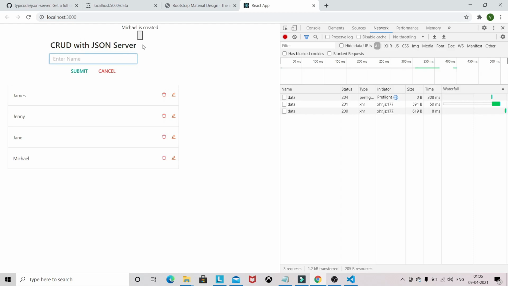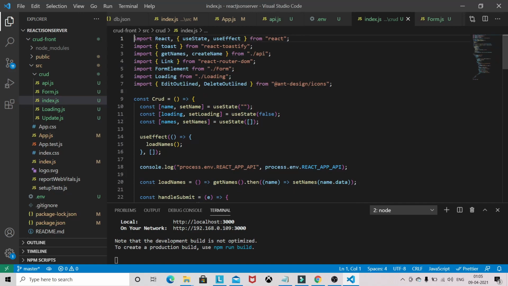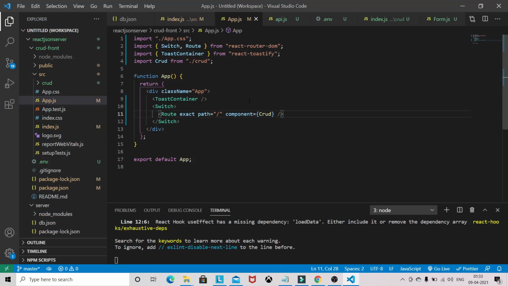Okay, the toast message we are not getting properly. So let's see what is the problem with the toast message. The toast we have got from here, and in app.js I forgot to import the CSS file related to the Toastify.